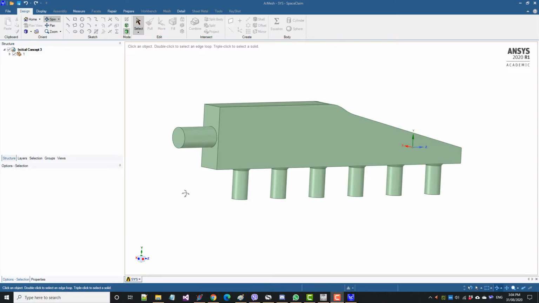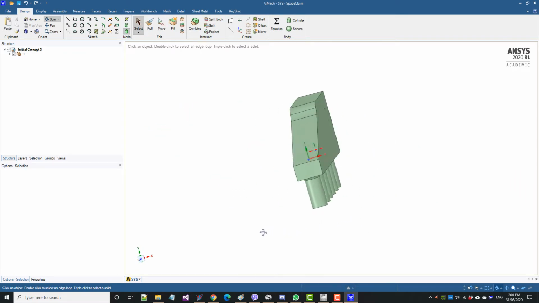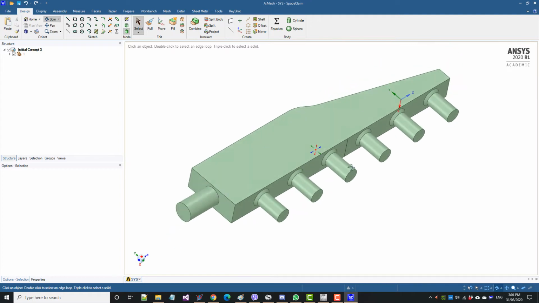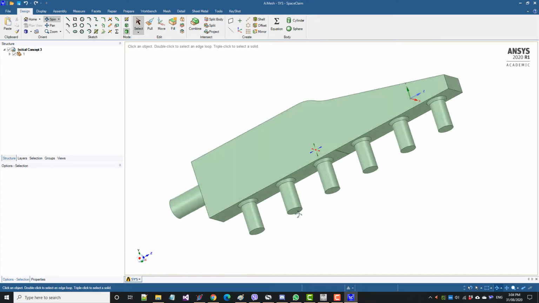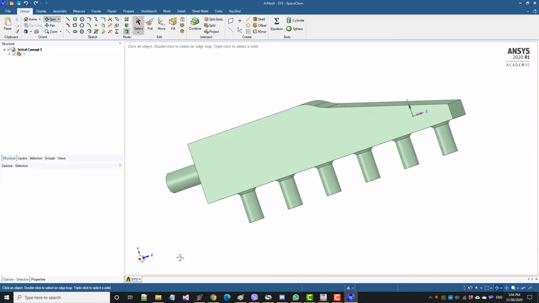Hello, and welcome to the next part of the course. In this module, we will walk you through another complete process from end to end of modeling a flow distribution in a manifold. The flow distribution in manifolds is highly dependent on the inlet pressure, configuration, and total inlet flow